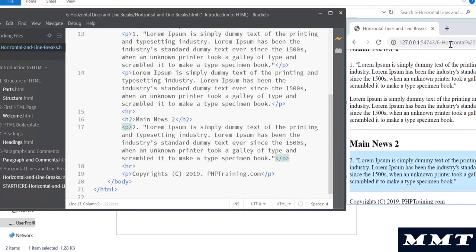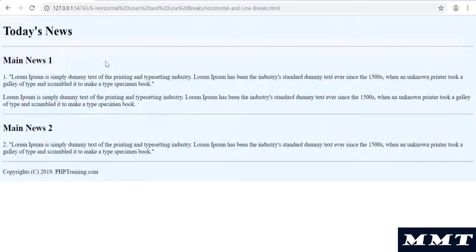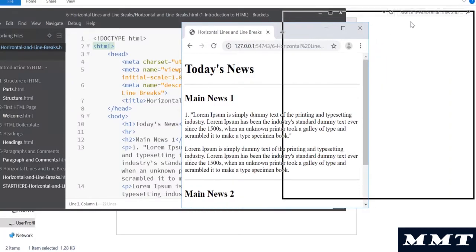Now the HTML page looks much neater. You have different sections, and you have the horizontal lines to segregate the sections. That's basically the HR that will add these lines. Now you want to break the content so that it looks nicer as a paragraph. For that, there is a tag called BR.